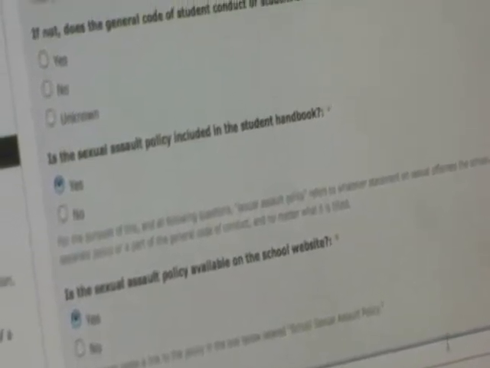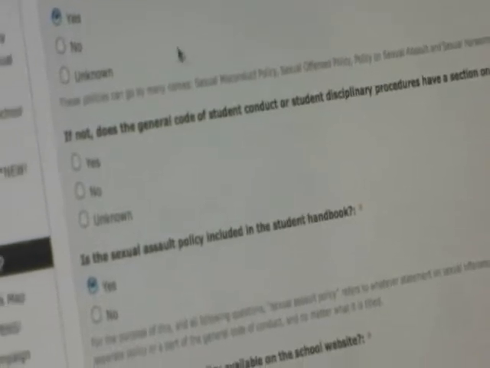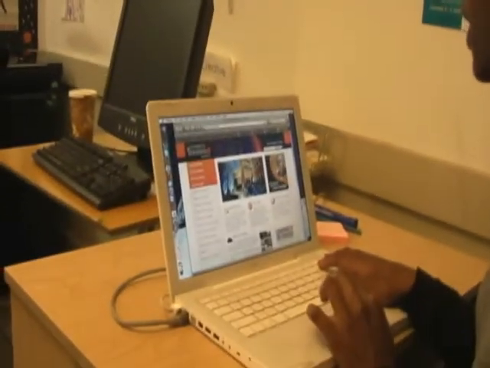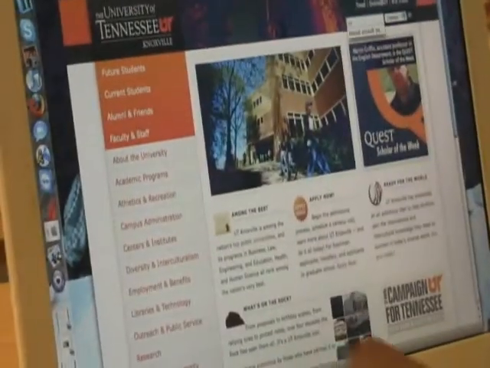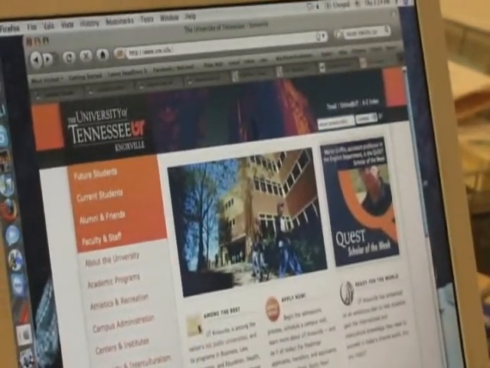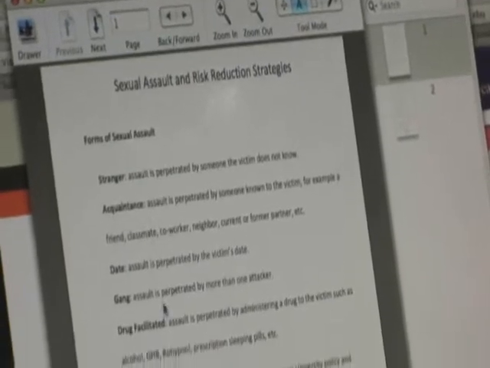So in the case that the school doesn't have a separate sexual assault policy, for example, the University of Tennessee, I would do as follows. So I'm going to search for the sexual assault policy here in the University of Tennessee. And what comes up is this sexual assault info page, which, when downloaded, looks like this. And it's clearly not the sexual assault policy itself, but they do give me a link to